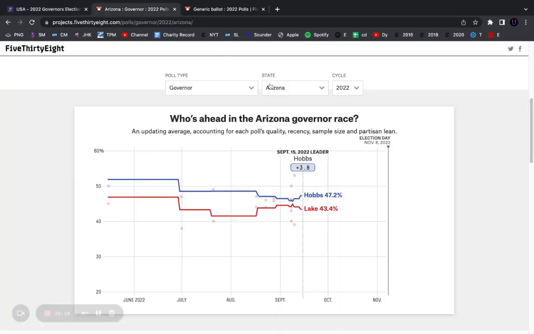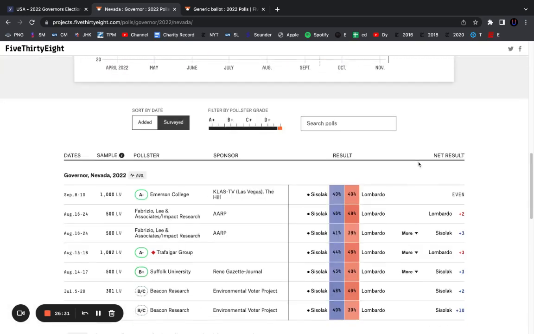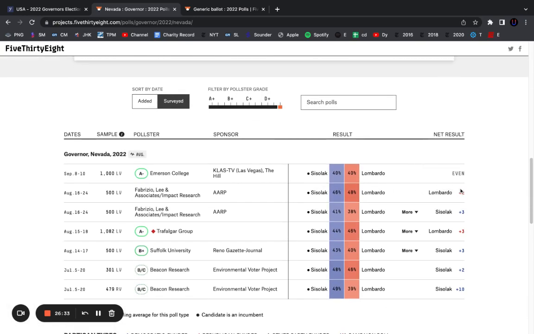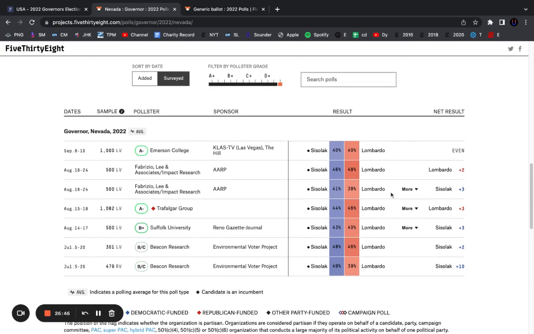Nevada's similar. It's always really close. But the thing is, the Republicans are struggling a little bit in Nevada in the polls. And again, the thing you have to remember is that Nevada is the only state in 2016 that had Trump winning that Clinton ended up winning. And Lombardo hasn't been able to find the lead in many polls. Fabrizio has him up by 2 and then down by 3, and Fabrizio is Donald Trump's pollster. Emerson has him tied, and Emerson has been really bad in the Sun Belt as of late. Trafalgar only has him up by 3, and Trafalgar had Trump winning Nevada in 2020. So if you adjust for that, he'd be down.